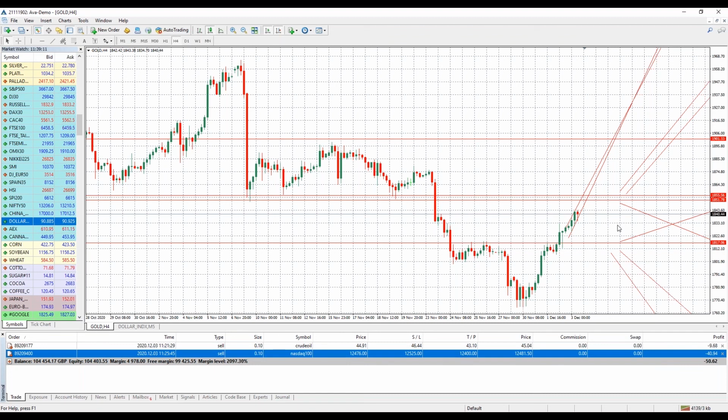It's also a technical strategy to trade on breakthroughs, because no matter what caused this breakthrough back here, I don't care what the fundamental news was. Once it broke the support level, look at the momentum it had. So again, I don't care what fundamental news causes it to break this resistance. If it does, I'm in on a buy. I don't care what the news was. And the same if it breaks the support down here.